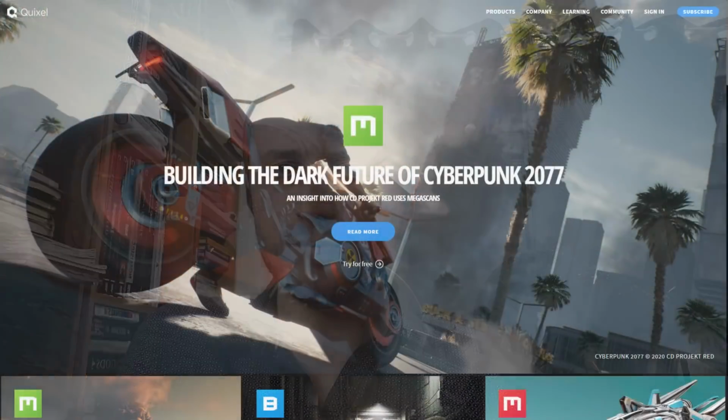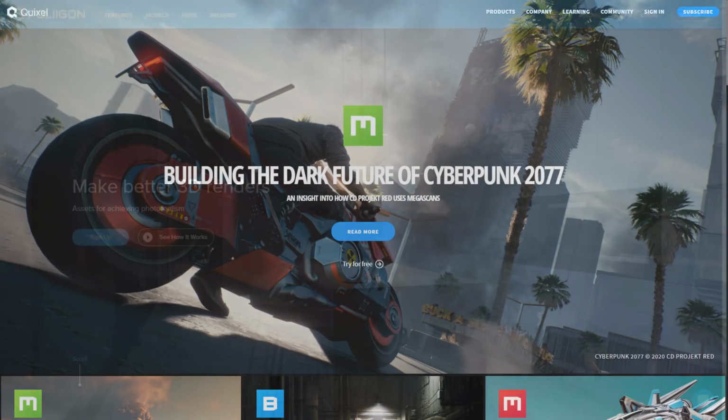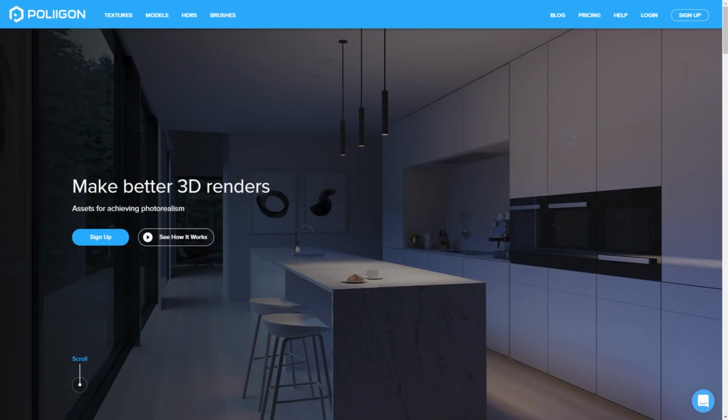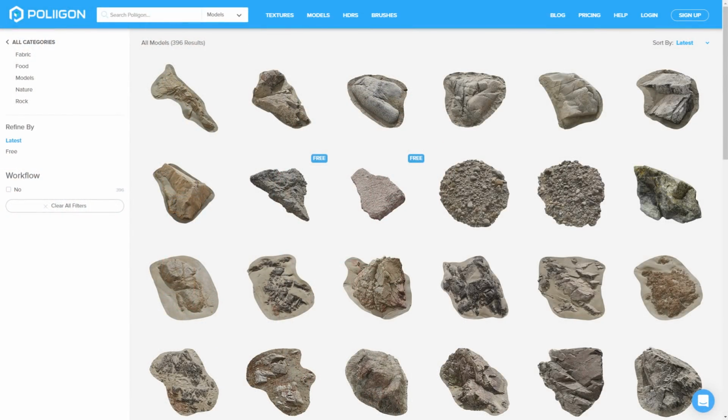Now, when considering this, we need to take a look at modern companies that have popped up that are making a lot of money across the community, not just in Blender, but with the 3D community in general. Companies like Quixel and Polygon that are kind of in a competitive space. I'm sure you've seen that there's so much photogrammetry 3D asset content coming out now, where companies are taking highly detailed scans of realistic models like rocks and flora, all kinds of vegetation and structures that they can sell online,